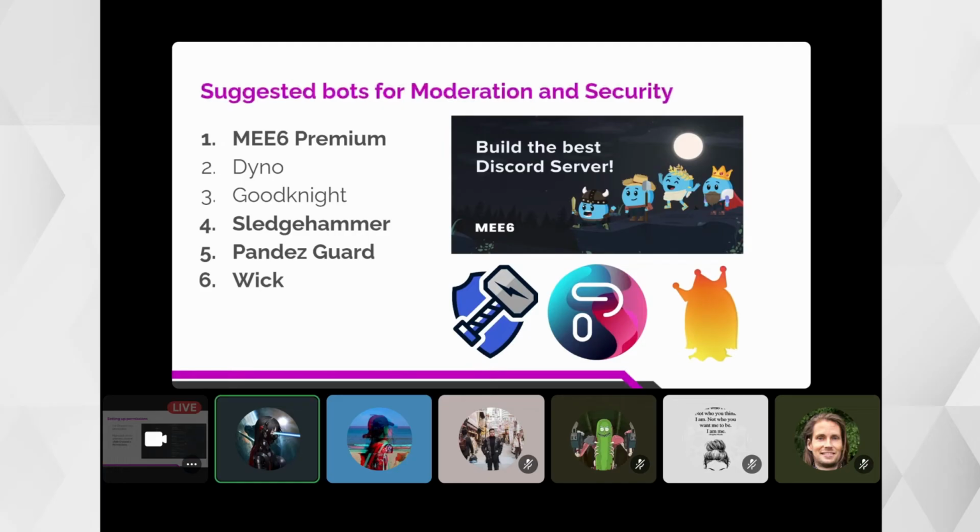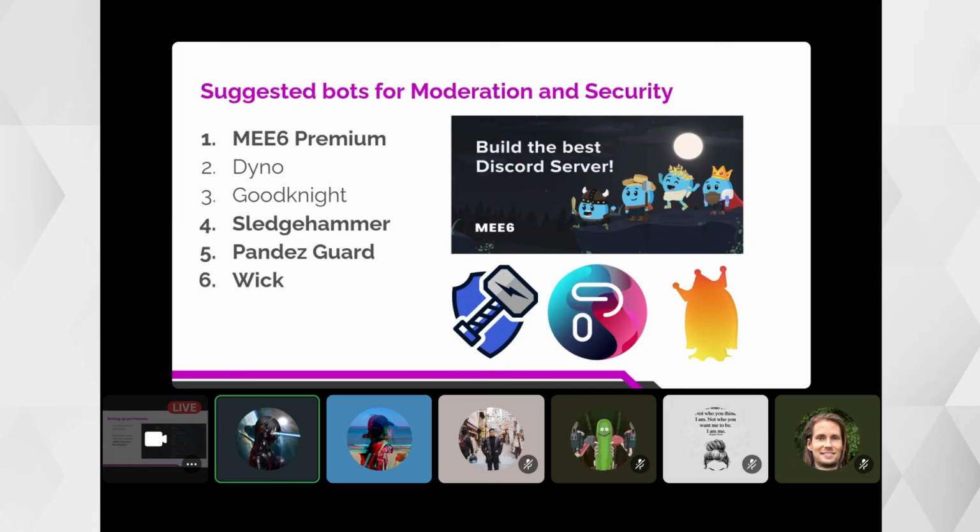And Goodnight. Primarily, I use these bots to keep bad words out of the server. If you type some bad words here, they can be blocked using this bot. For Token Minds, as an example, we use the Mi6 Premium bot. I put up the bad words filter, listed all the bad words that I know, and blocked them.